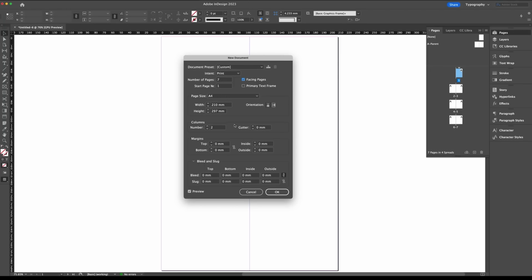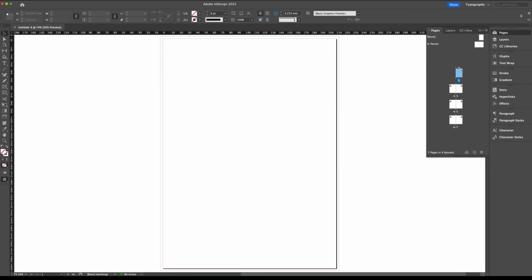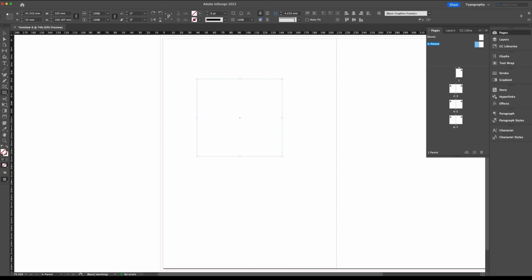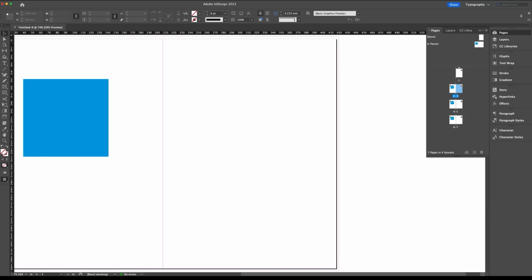orientation as portrait. We'll start with 1 column and set them up in a moment. The margins, again, leave those as 0 or set them to 0, and we'll set them in a moment. The bleed, I'm going to make that 3 mil just for good practice. That's what we should normally do in print, but it's not really necessary for a demo. And then click OK. Then I want you to select the parent. Now the parent is the template for those unfamiliar with InDesign. So if we draw a box here, which is cyan,